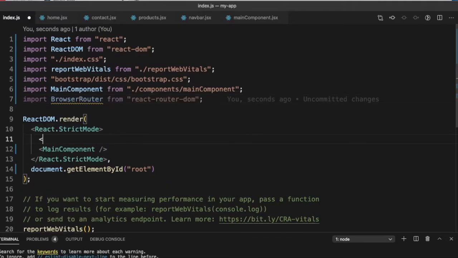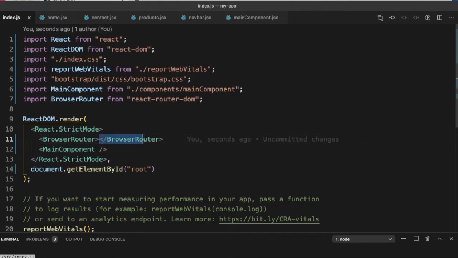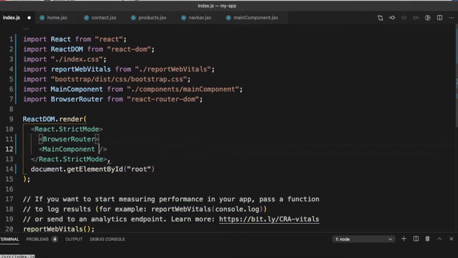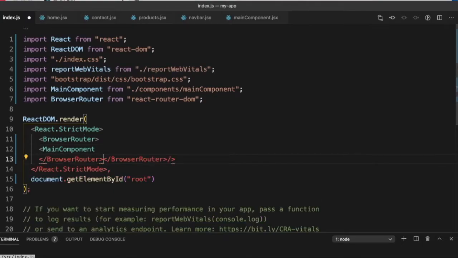We need to wrap our application within the BrowserRouter. So this is our first step.